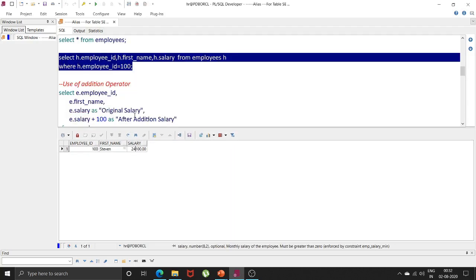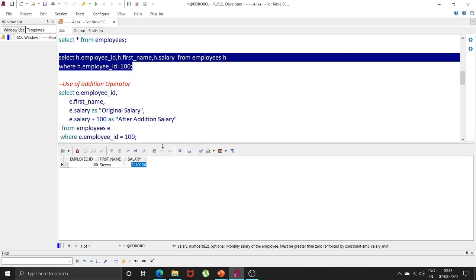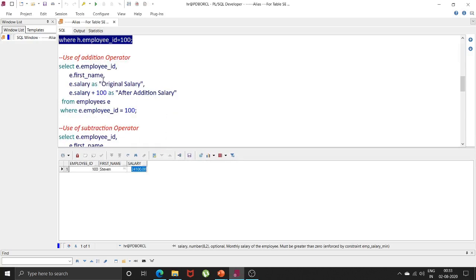I will perform all the operations on this particular column, that is salary only, and I will show you how addition, multiplication, subtraction, division and modulus work for a particular query. So let us see the addition operation first.